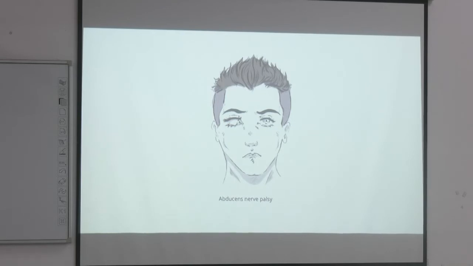So given with the picture, you may be given an exam question like this: a particular person is having this kind of defect, an ocular eyeball movement defect, and which particular muscle is not working, or maybe one step ahead, which nerve actually is not working. So you have to figure out which muscle is working and which muscle is not working, and what makes this kind of ocular defect look like it is because of some kind of neural problem. So this is one of the important things.